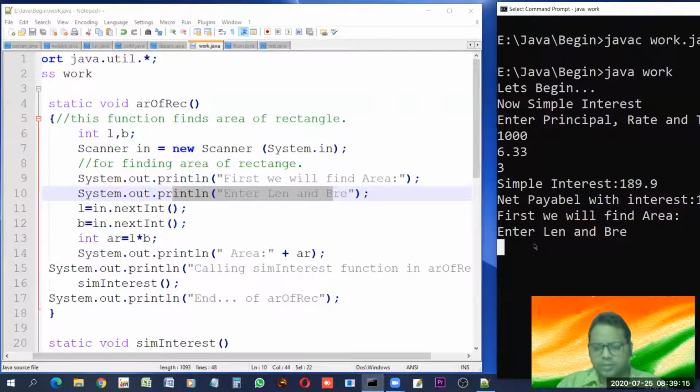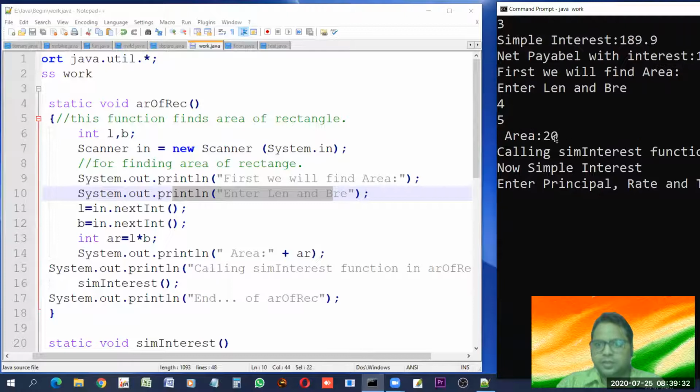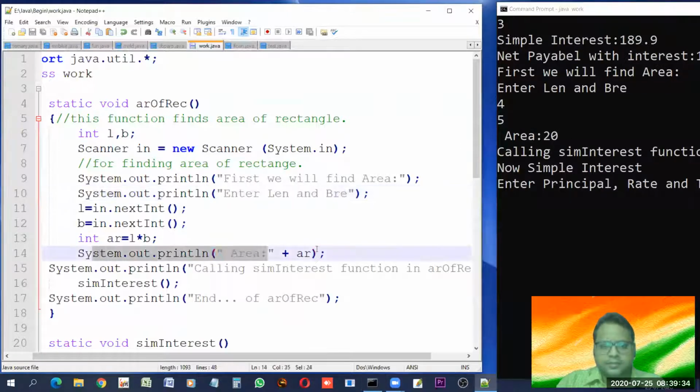You can pause it, you can repeat it. Now enter the length and breadth. Look, dear students, what is going to happen? These things will execute, the area will be calculated, and then this line will be executed.